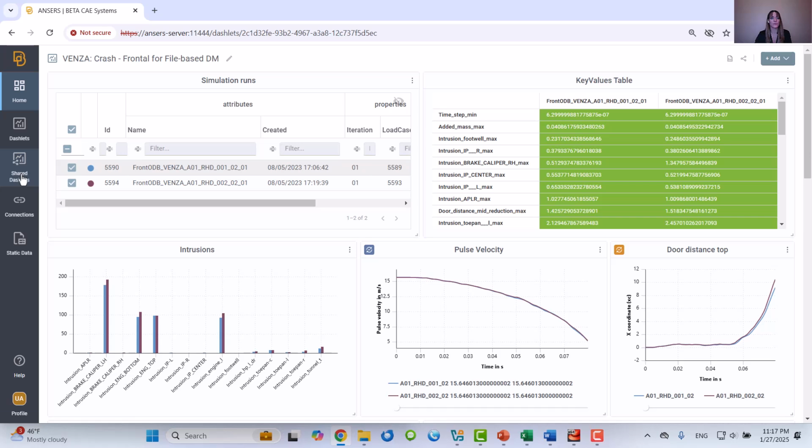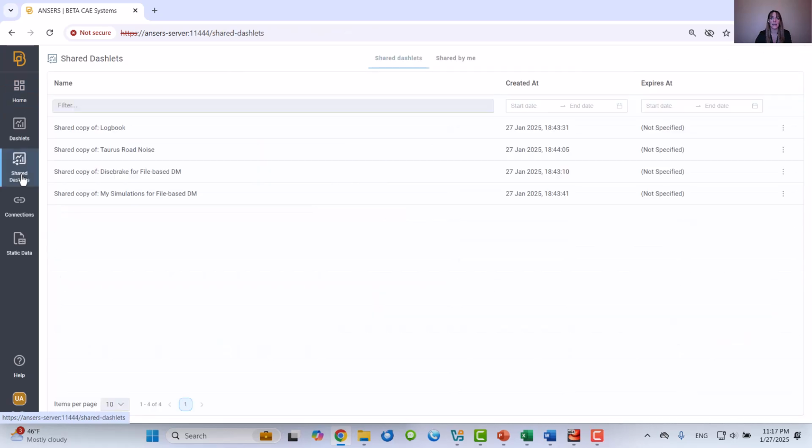So let's navigate to the Shared Dashlets page. You will notice that we have two tabs. The Shared Dashlets tab, which has all the dashlets that have been shared among the Answers users when we selected the first visibility option, and the Shared by Me tab. Notice that the dashlet I just shared is displayed in this list.